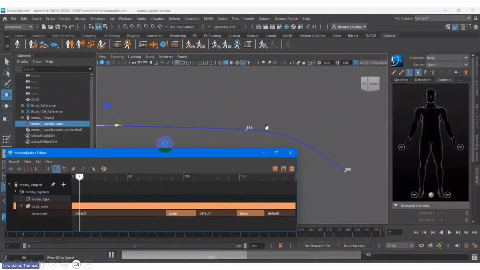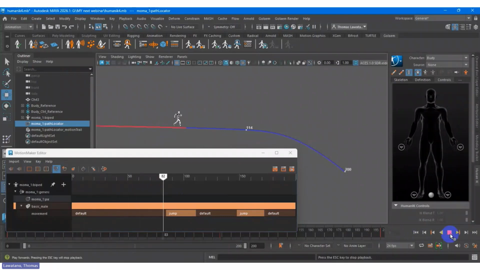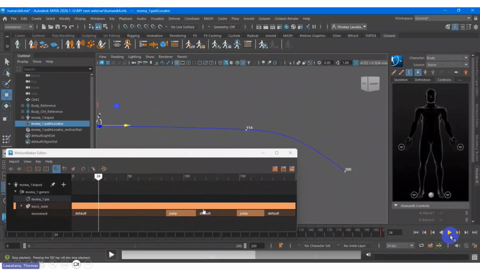Okay, so after we decide with the Motion Maker, we can apply it and edit everything, the character jumps. Okay, that's good. Sometimes you need to check the movement layer.